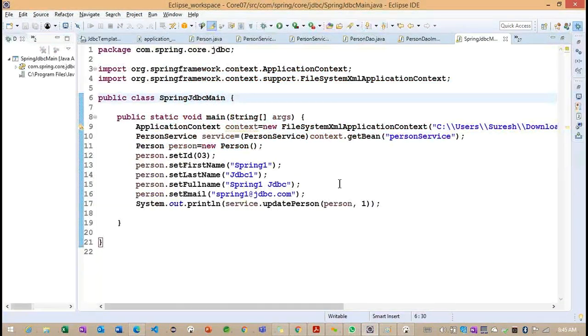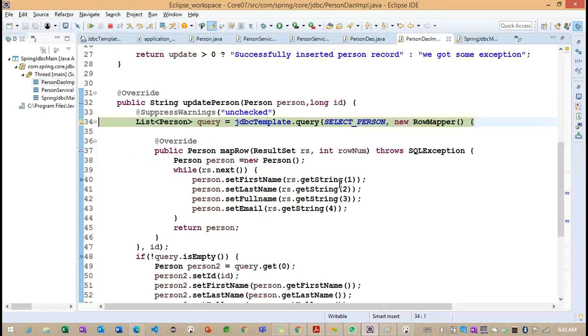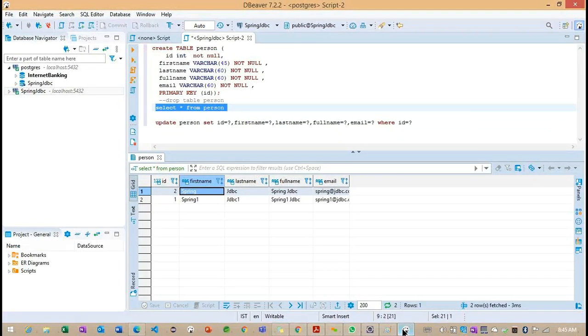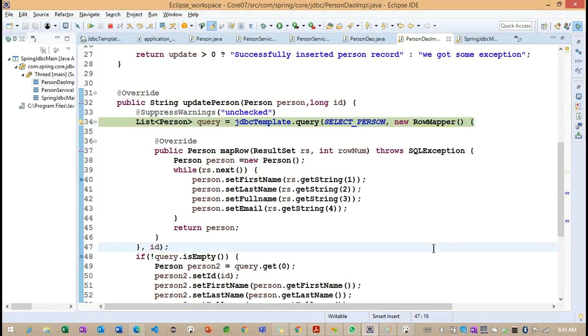Now the breakpoint is received here. The ID we are passing is 1. What is the one we are having? String 1. With the help of this particular string 1, again we are updating.